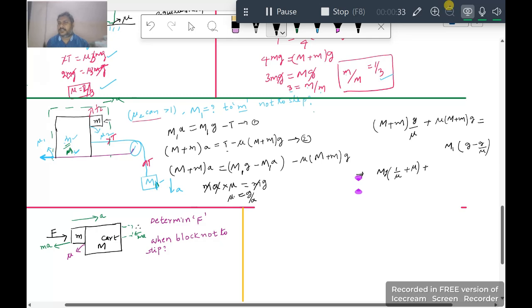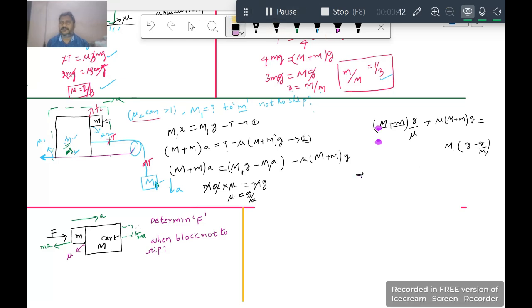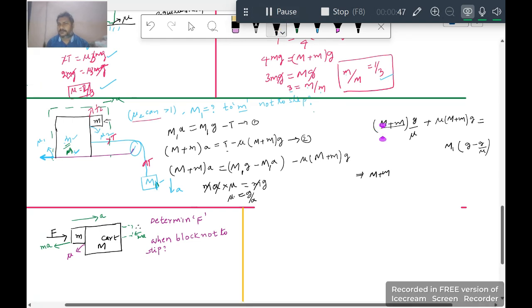Similarly, otherwise you can go with capital M plus small m take common, better that is. So if you take capital M plus small m, G by mu plus mu G. So G also take common. Okay, next step I will see. So that equal to here m1 of 1 minus 1 by mu. So now G and here G get cancelled. So now that implies